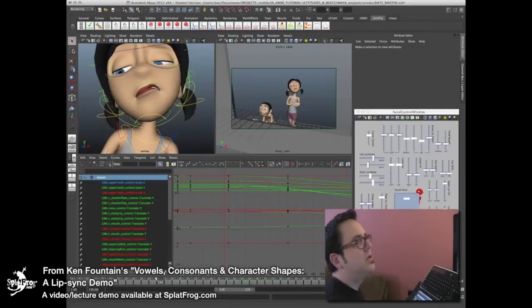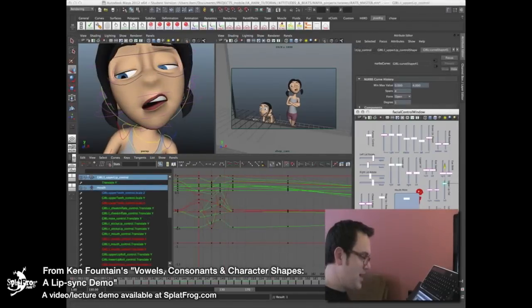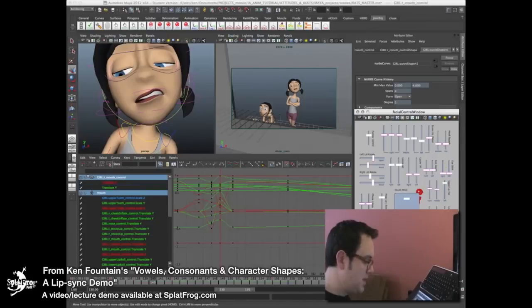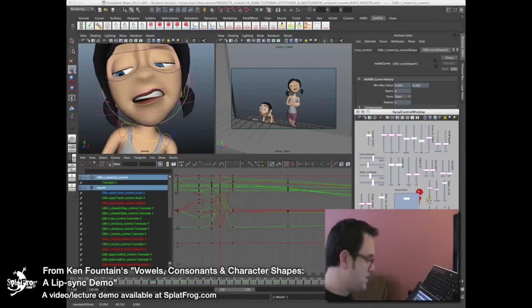So let's do "they only rent them anyway." They only. So "oh-eye," "oh-eye-e." Yeah, it's the E that's not making it. The E has to be smiling a little bit more. This is feeling better. I like the flat bottom of the lip and then the slightly complex upper lip.